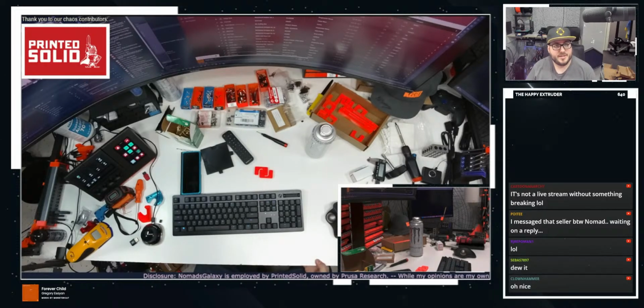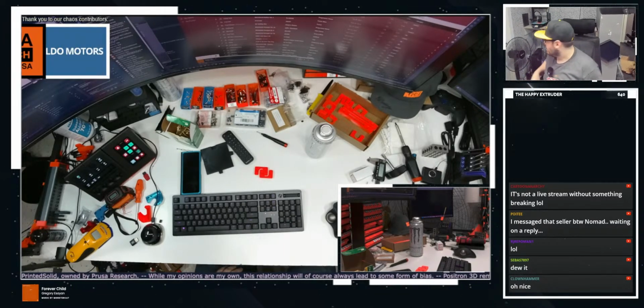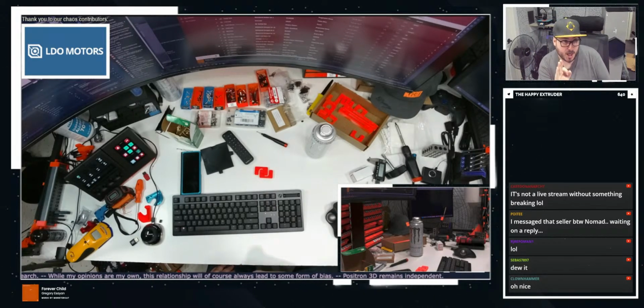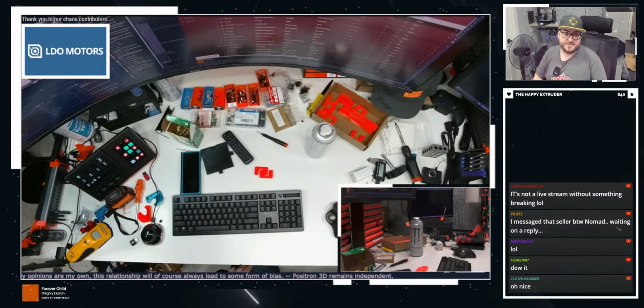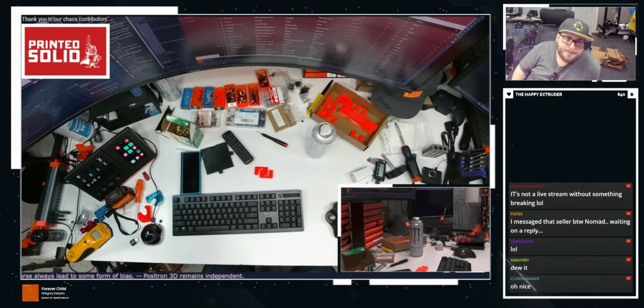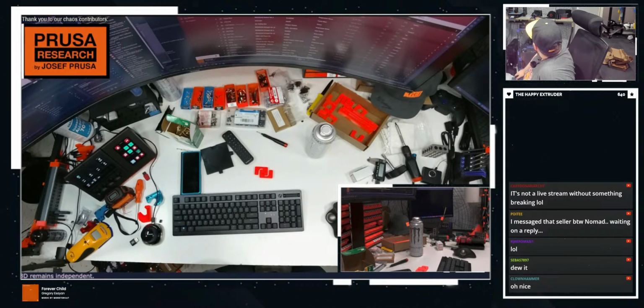Here's the problem, though. I have Draugr. I have Black Widow. But then Lich. Lich is enclosed. And I don't want to unenclose it, but I don't know where to put it. Because it's a little too big for that space, I think. It might just fit. It's gonna be tight. Especially with the MMU. So I don't entirely know what I'm gonna do with that. But we'll figure it out. Yeah, I'm starting to move everything over. We have a rep rack done.